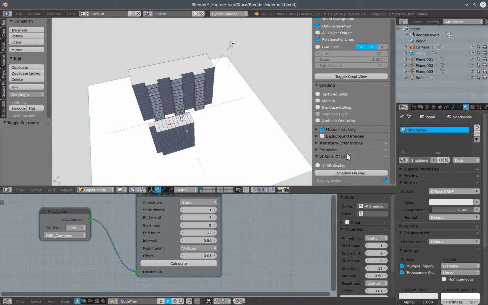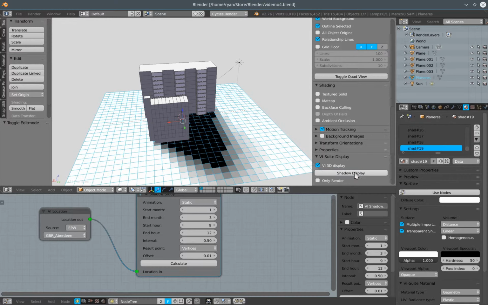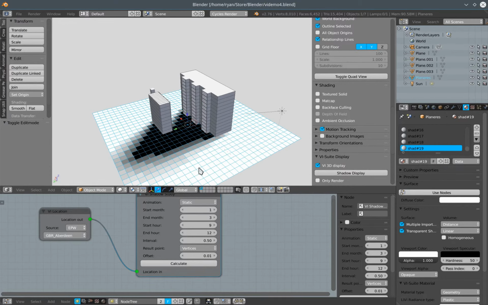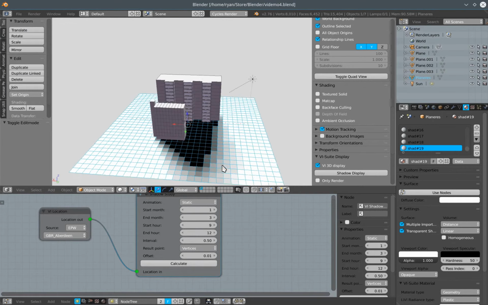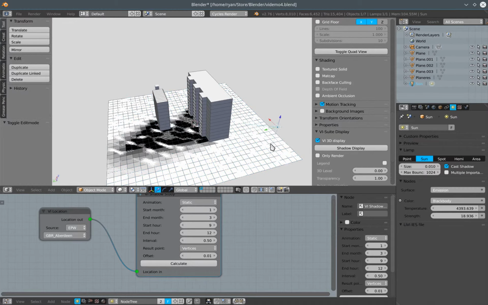some options for shadow study display. The first toggle is to define whether we want to be able to do a 3-dimensional projection of our results plane. So I'll turn that on. And then the only other option is to actually now display the results. So if I press shadow display, we can see now the patternation on our sensing plane of where these points will be in sun, or how often these points will be in sun, and how often they will be in the shade. So if I just get rid of this sun for a moment,